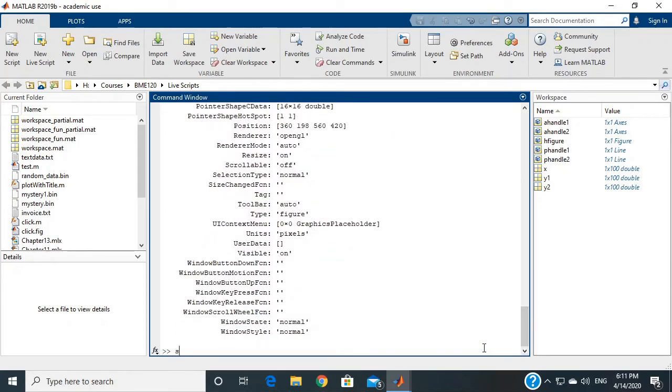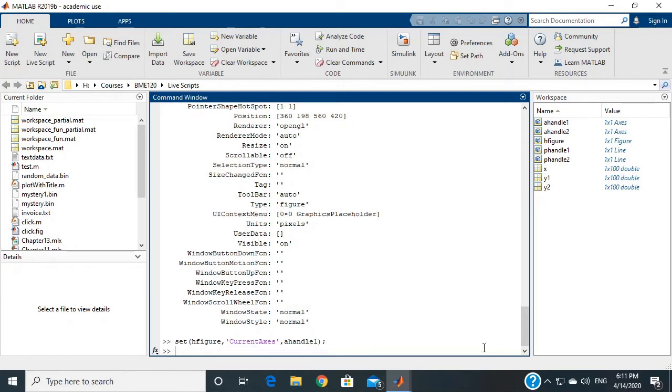There we go. So this time I'm going to use a set function, and it is the figure window, and we're going to set the current axis, and then we will use the A handle 1, and we'll set that as the current axis. Okay, now we're going to use hold on,